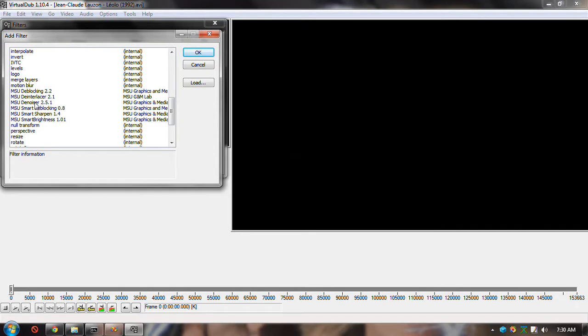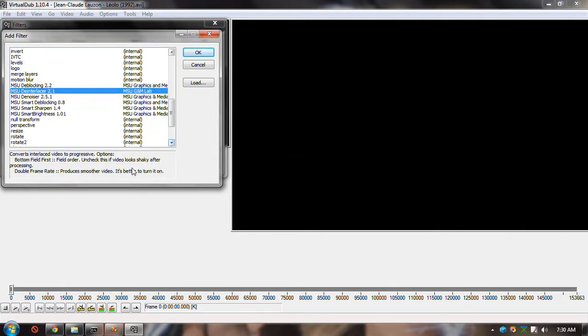Okay, they have a deblocker. That's supposed to get rid of those squares, right? It reduces a blocking artifact. This does some type of deinterlacing, converts to progressive. It has a double frame rate